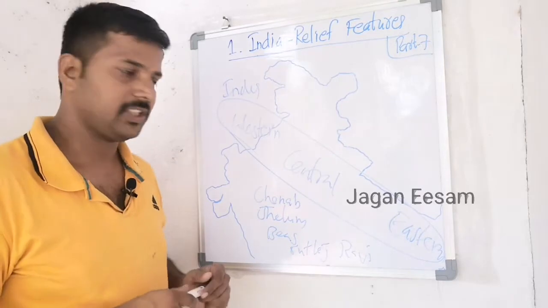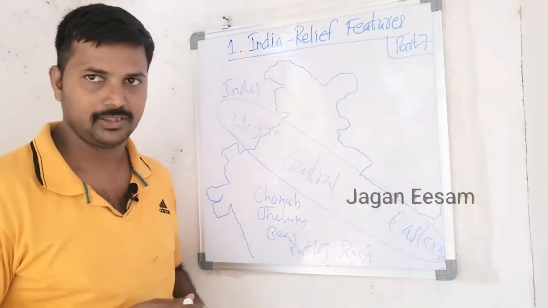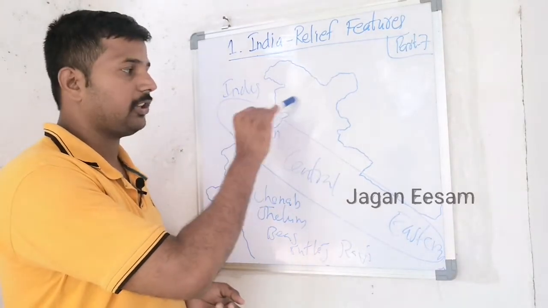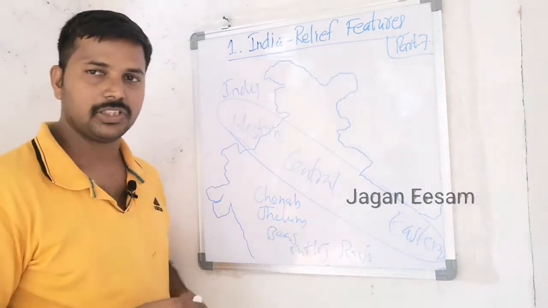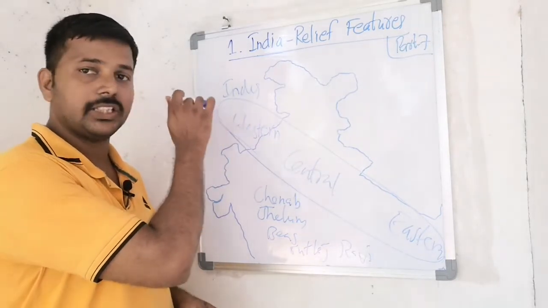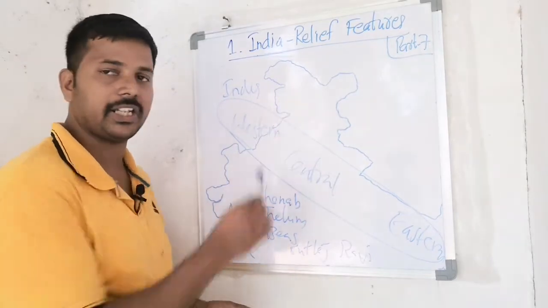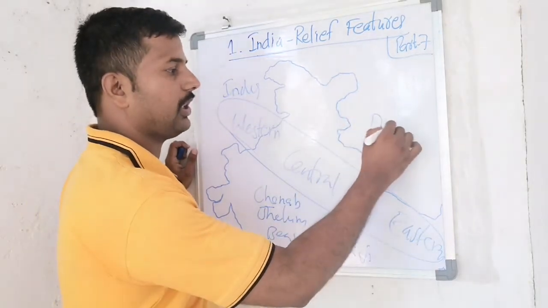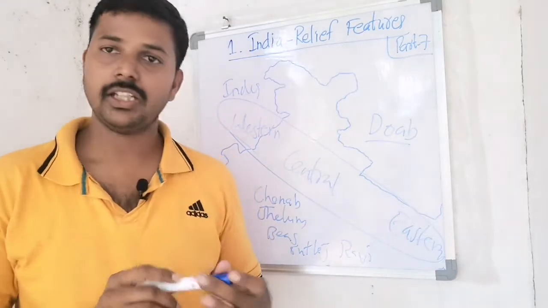Most of these rivers flow in Punjab and Haryana, and later enter Pakistan. The Indus river itself flows in only one state of India, Jammu and Kashmir, and later enters Pakistan. That's why the majority of the western plain is located in Pakistan. A very minor portion is located in the states of Punjab and Haryana. In this region, doab features are common. Doab features of land are common in the western part of the Indo-Gangetic Plain.